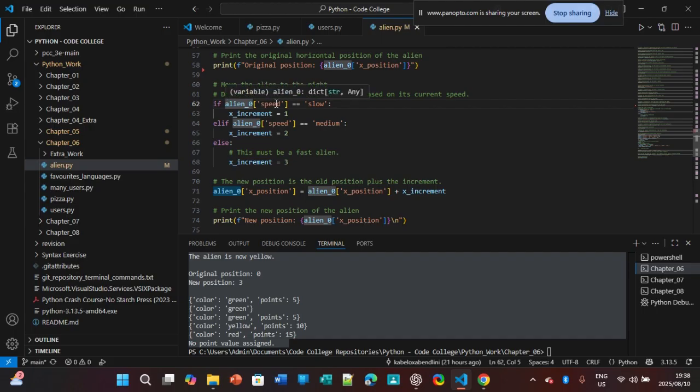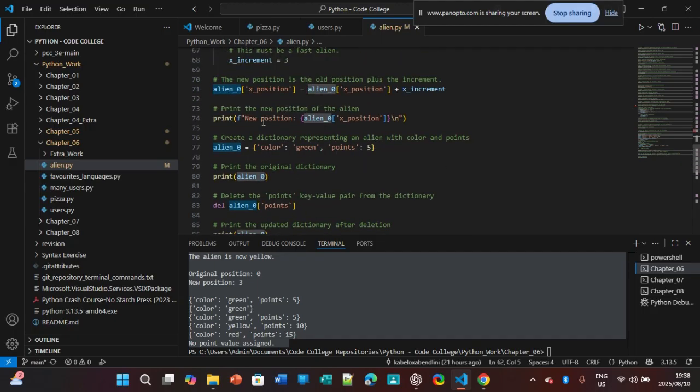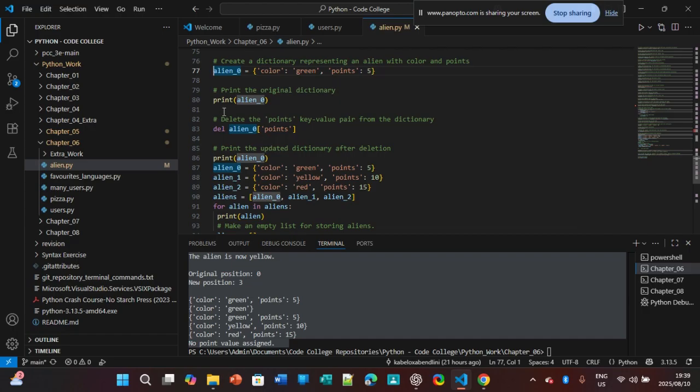If alien_0['speed'] == 'slow', x increment by one. Else if alien_0['speed'] == 'medium', x increment by two. Then this must be fast alien, x increment equals 3. Then the new position of the alien, f-string, and then you got the dictionary here, variable dictionary, then you got print out, then